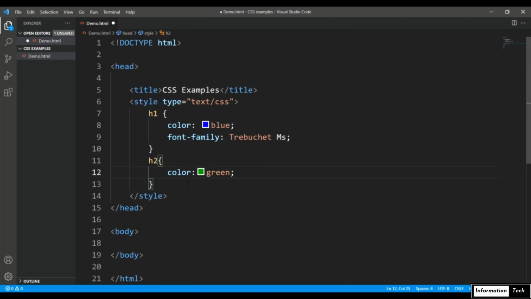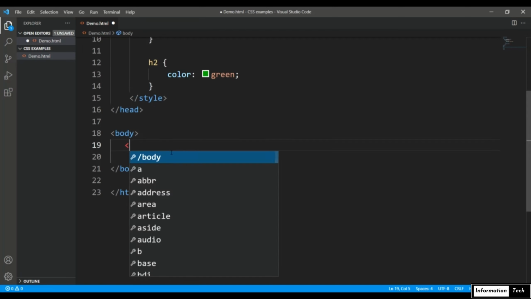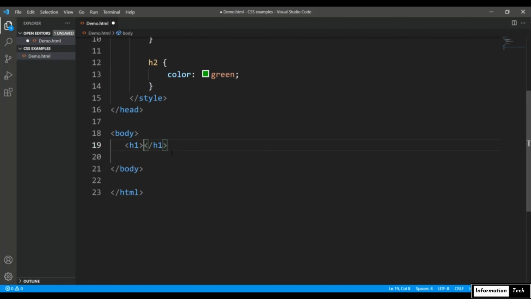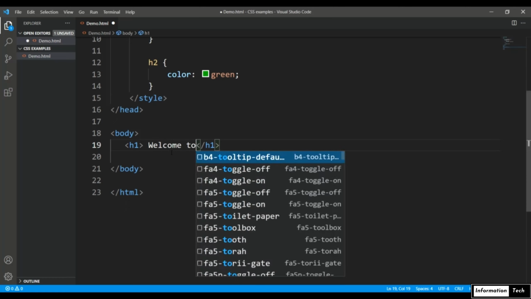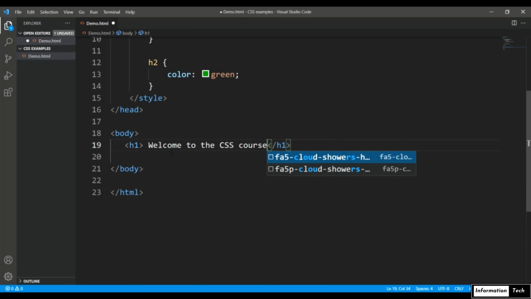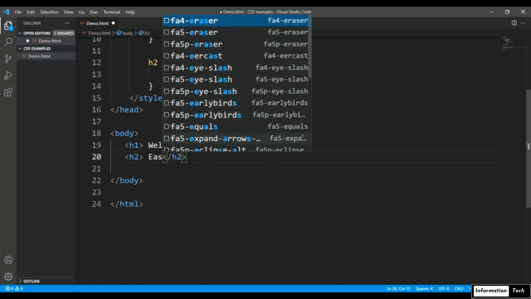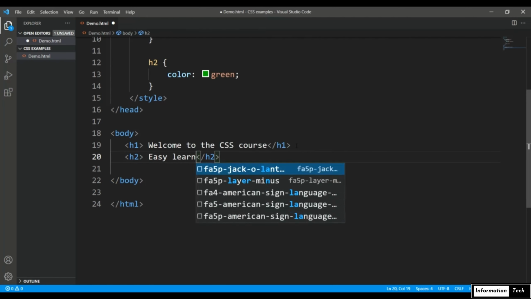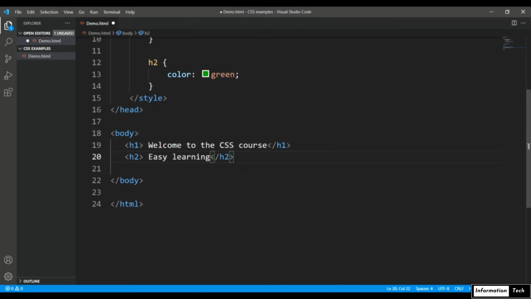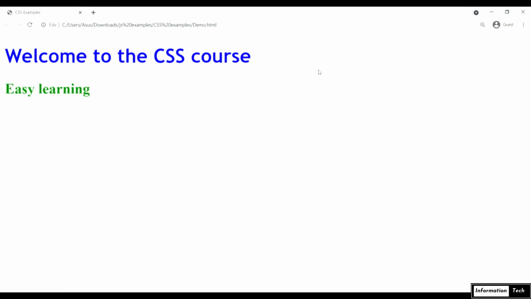Now I'll come to the body and simply put an H1 tag with the text "welcome", and in H2 I'll put another text, "easy learning". Alright, so let's come back to the browser, and when I refresh this,